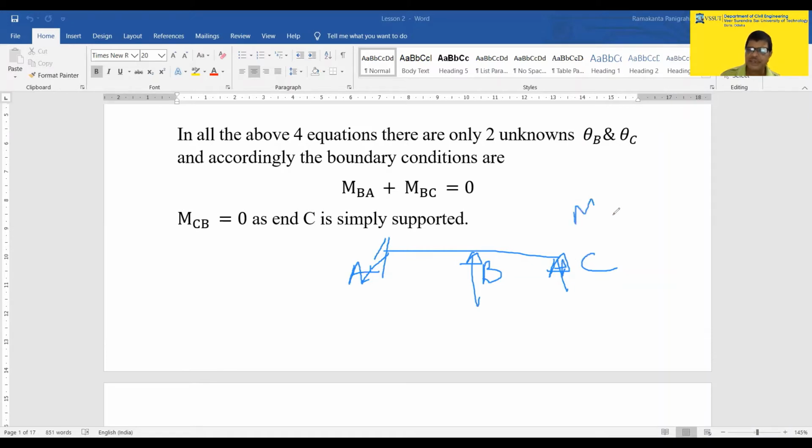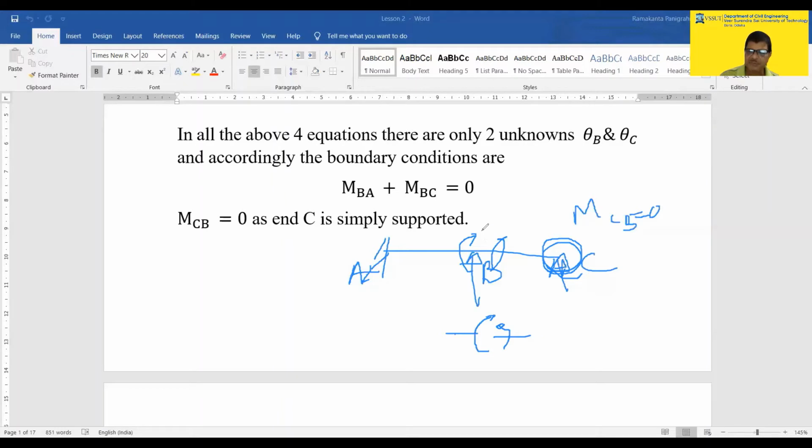So MCB will be equal to 0. There is no moment here. Total moment here must be equal to 0. Similarly, at this joint, there will be some moment MBA and some moment MBC. Both moments combine, whatever plus or minus it may be. MBA plus MBC, if you take both as clockwise. These two moments must be equal and opposite. So the total moment, this will be MBA and this will be MBC. They should be equal and opposite in nature. Then only it can continue.